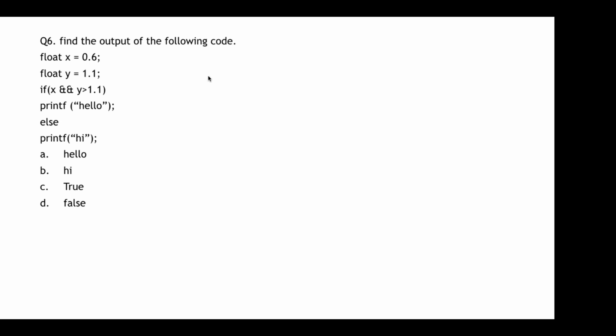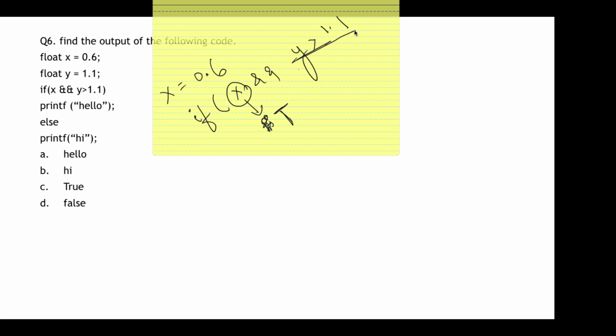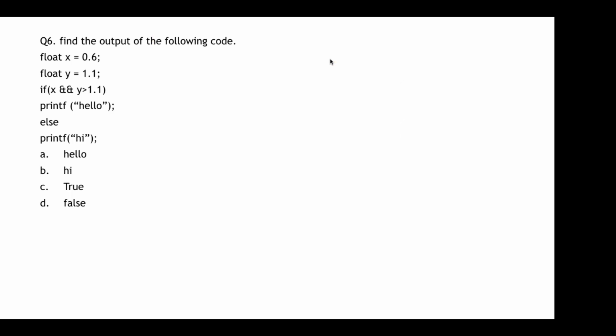If x had been equal to 0, then in this if condition this x before the AND operation would have been false. But since here x is 0.6, this value is not false, this value is true. Now when this value is true, we have to check the other value whether that is true or false, because this is an AND operation. Had this value been false, we would not have had to check the other operation. But since this is true, we need to check the other operation.